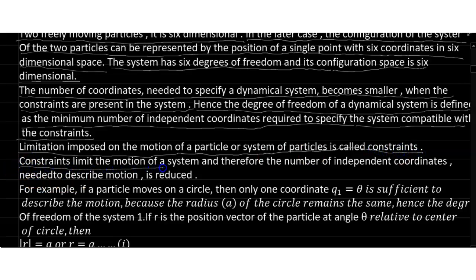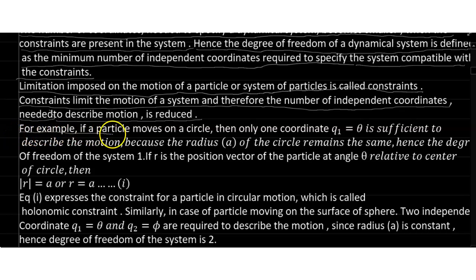Constraints limit the motion of a system. Therefore, the number of independent coordinates needed to describe motions is reduced. For example, if a particle moves on a circle, then only one coordinate q1 equals theta is sufficient to describe the motion, and because the radius a of the circle remains the same,